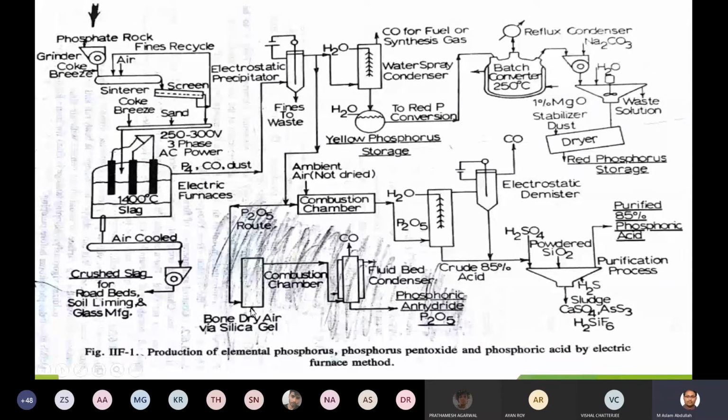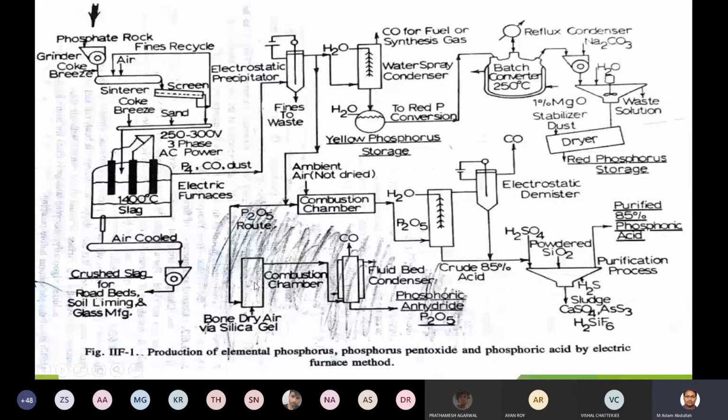Air will contain nitrogen and oxygen. The role of the silica beads here is to absorb the nitrogen that is coming along with the oxygen. There is no role for nitrogen here. We need only the oxygen, so we have to separate the nitrogen. The silica beads can absorb only the nitrogen. Once it absorbs the nitrogen, we have only the oxygen. This oxygen will react with the phosphorus to produce phosphorus pentoxide.